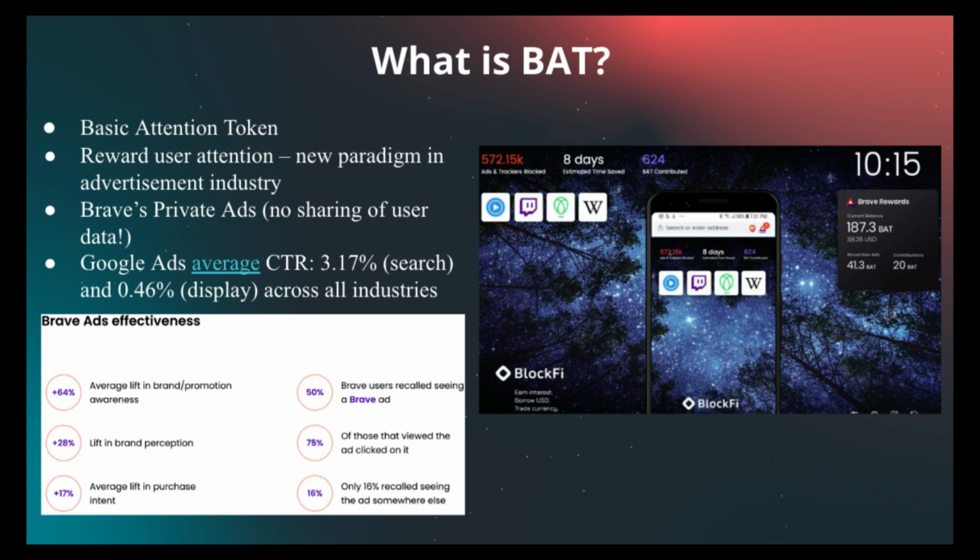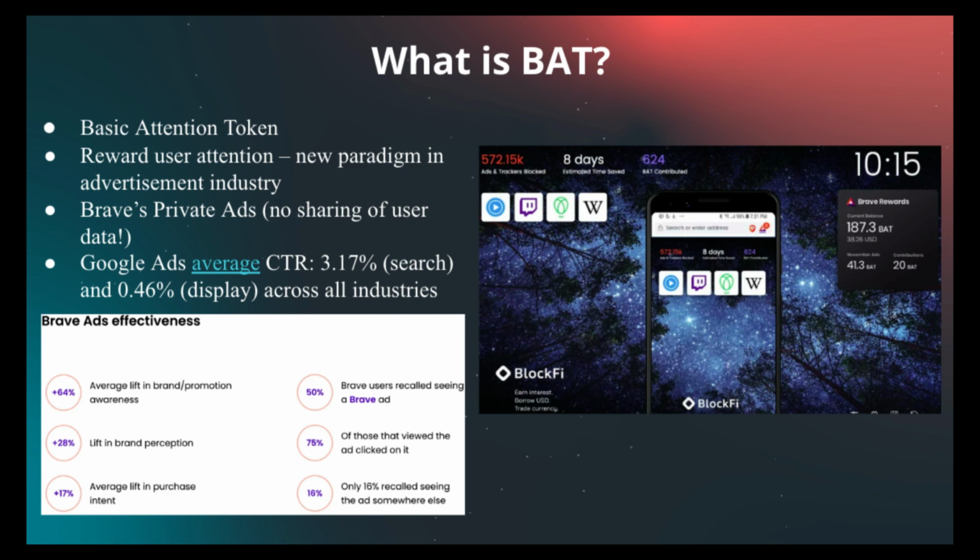Google Ads has an average CTR of around 3% for the sponsored results you see when searching. And for display, it's much less than that. It's actually 0.5%. I'm not entirely sure what the display ads rate on Google is right now, but either way,